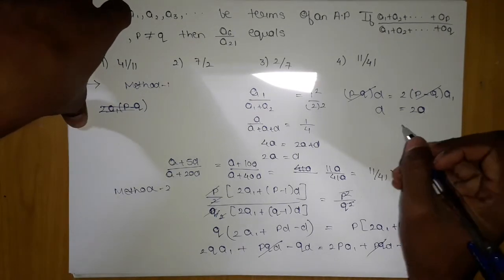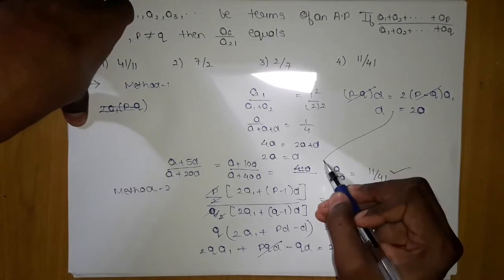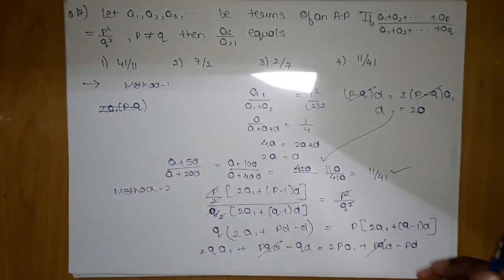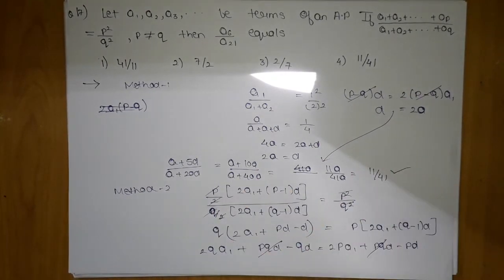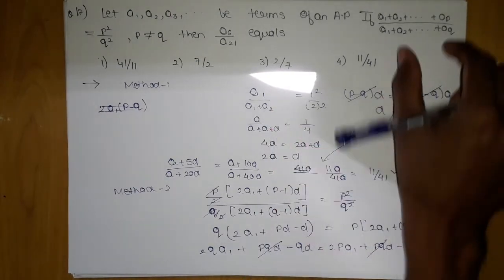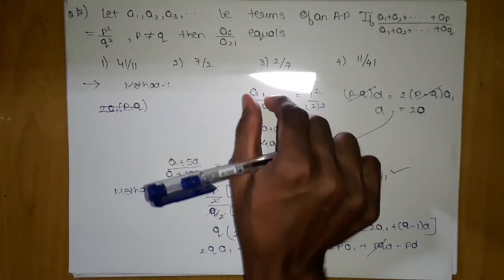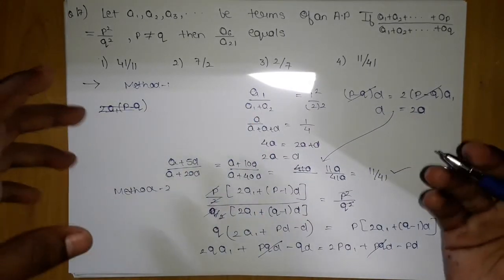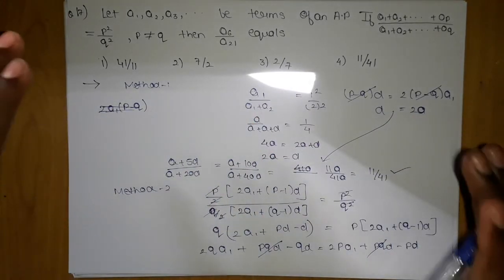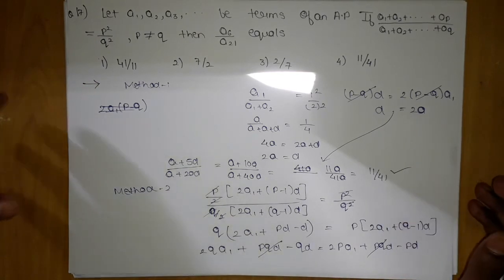When I got this relation between d and a, I can again do the same thing and solve and get my answer. So it doesn't matter, it just depends upon which method you're following, getting the sum, or applying your brains and identifying that if this is true for this, then it will be true for the first term and for two terms, and then getting your a and d relation, because you want the a and d relation. That is the main thing which you want. If you get that, then your answer will be solved. Okay, so let's move on to the next question.